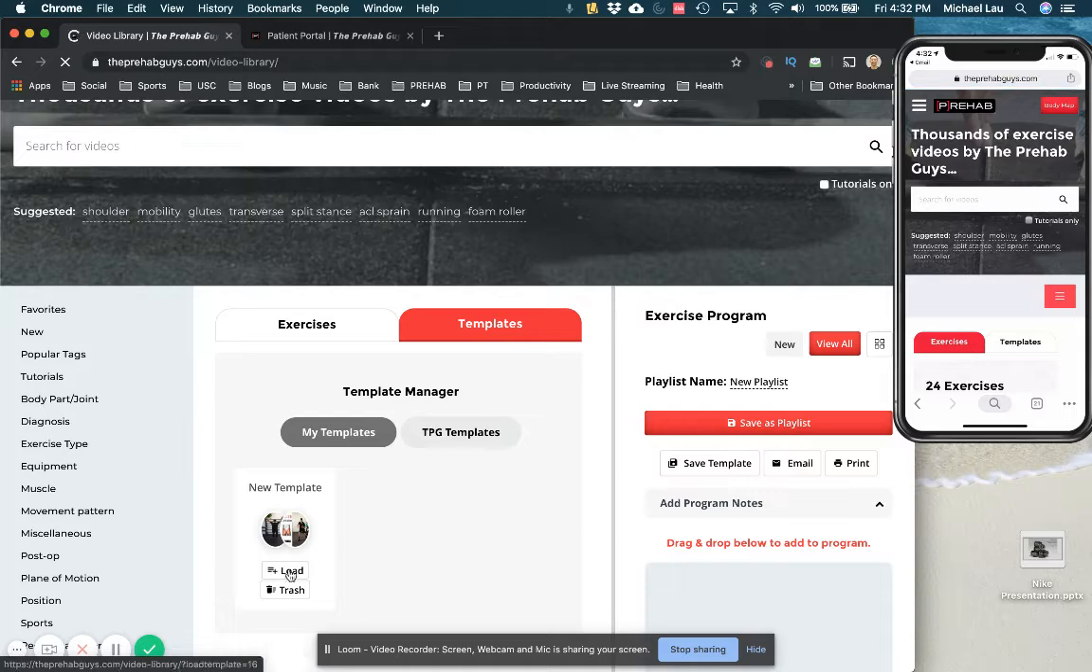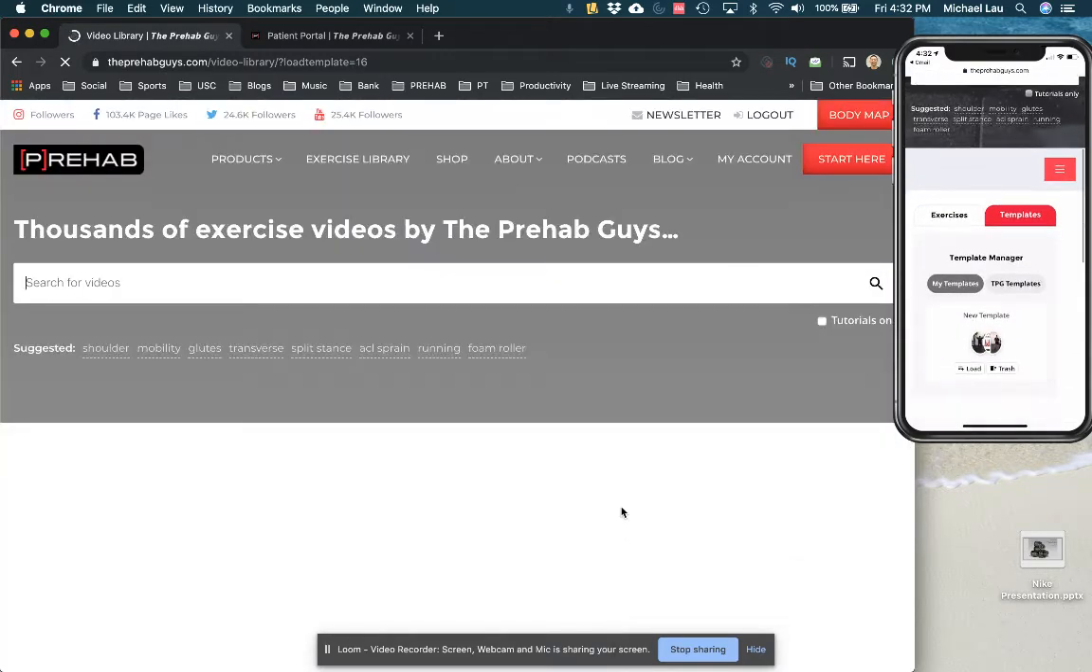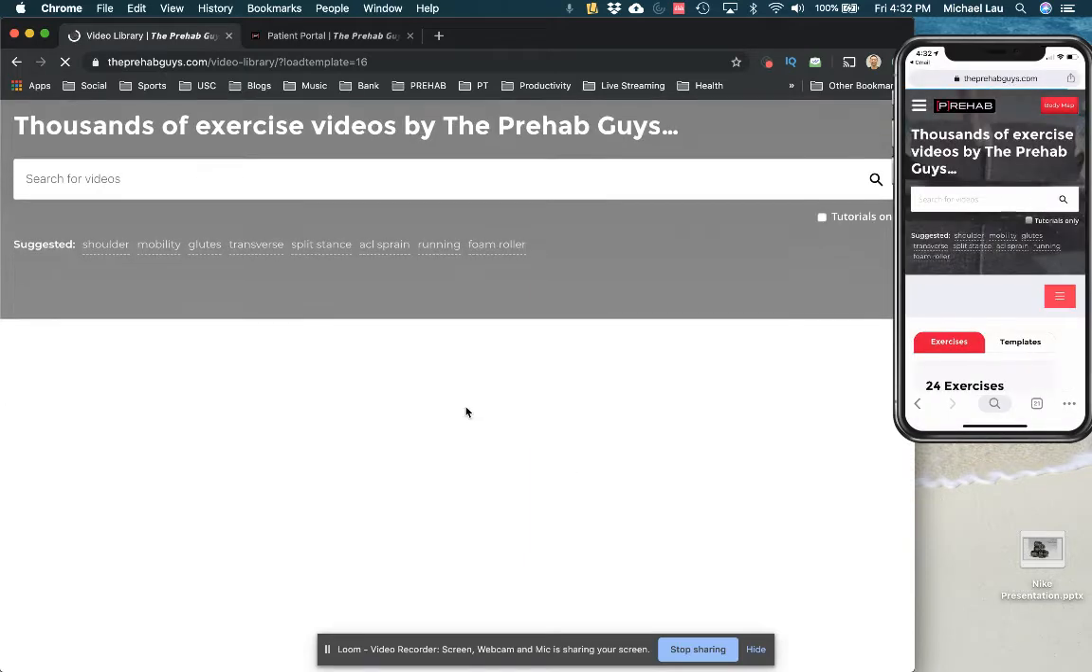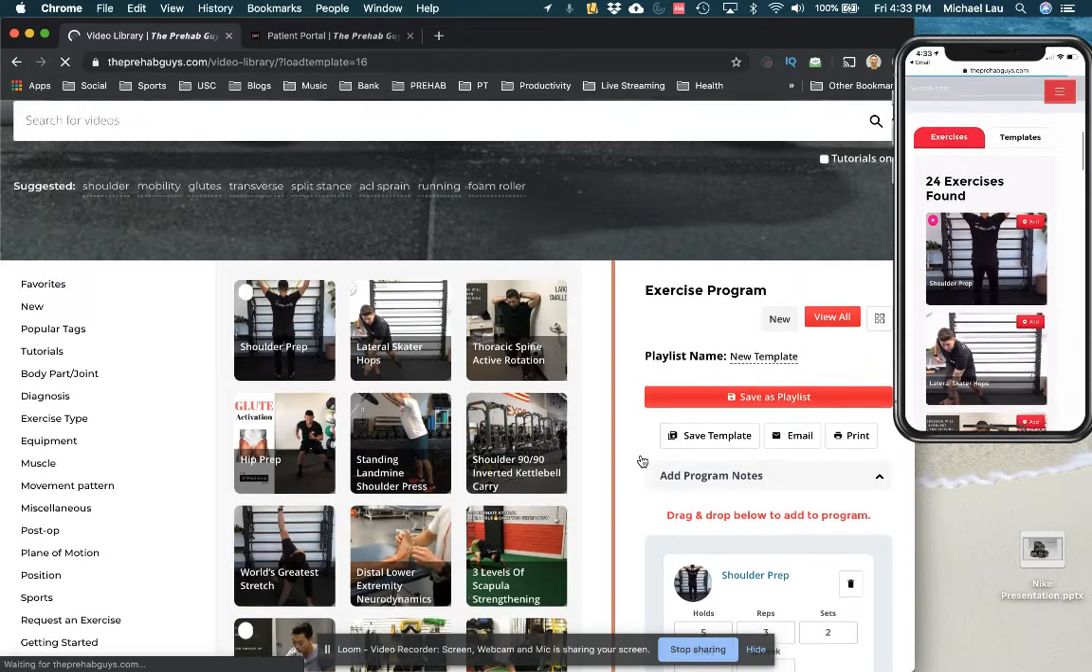So here are my templates. I'm going to click the load button over here. Once I click the load button, it's going to open up in the side and they're all going to be there. Same thing with this button. I'm going to click load on my phone and it's going to open up over there. And now you're going to see that when I scroll down in both of them, boom, I have the two